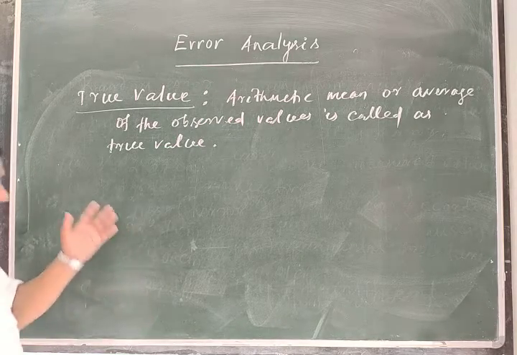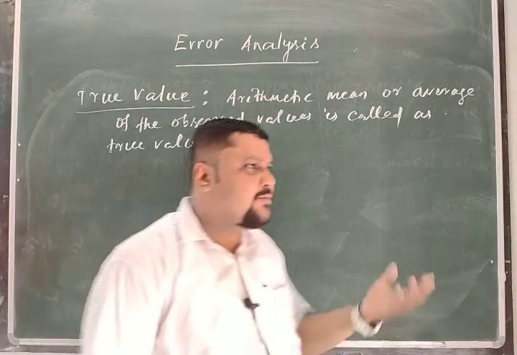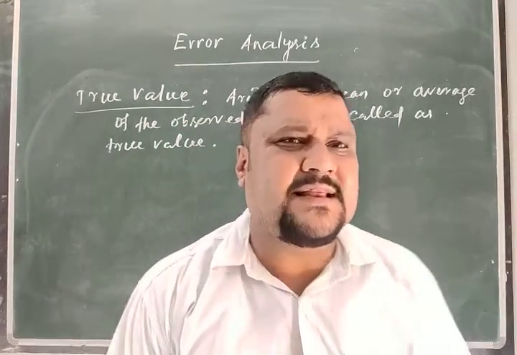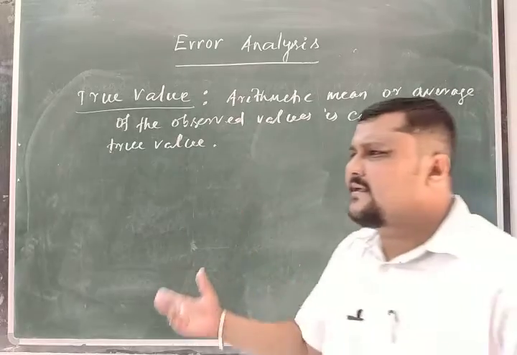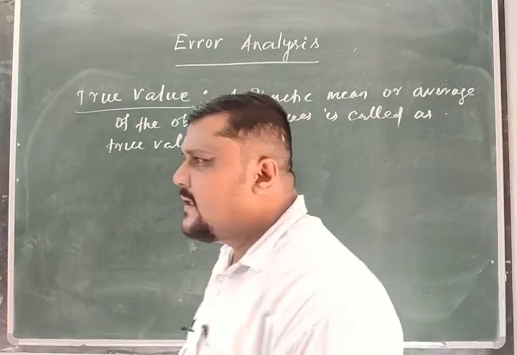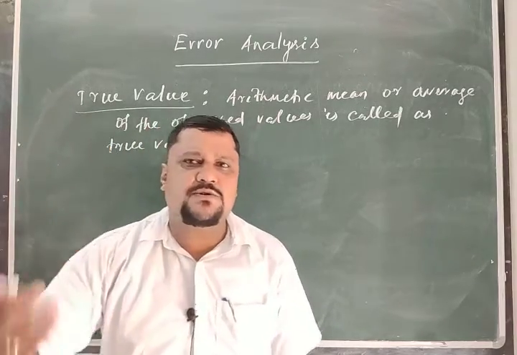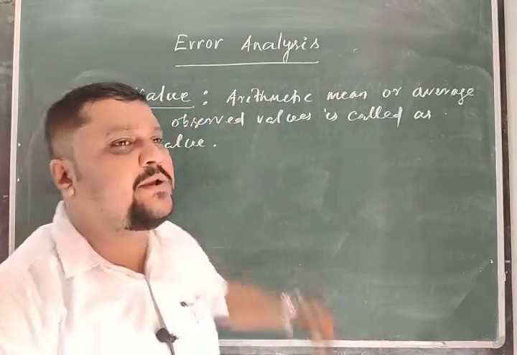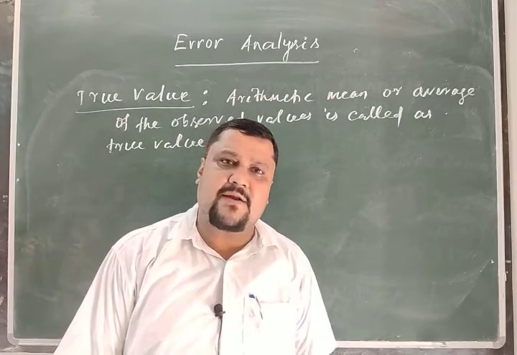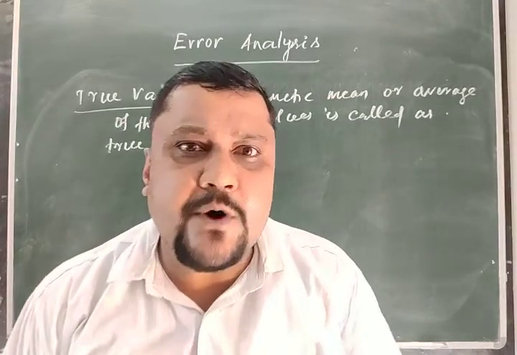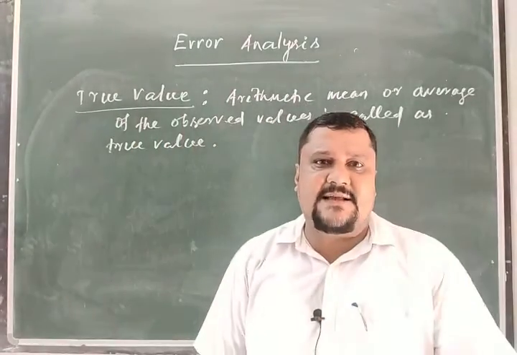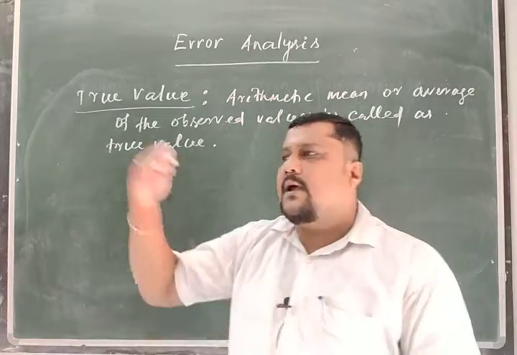It means when I got the results 2.39, 2.40, 2.37, 2.38 randomly in the same measurement, then if I take the mean of all the measured values, I will get the true value in random error, and that is important for me. That value I will accept for different calculations.